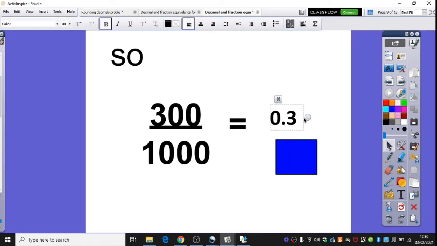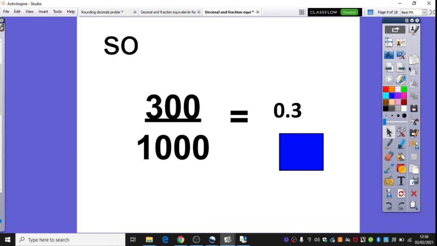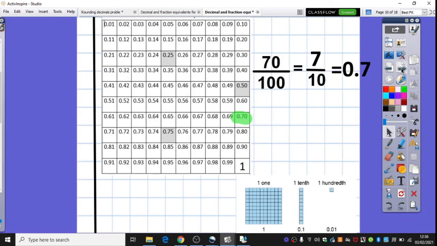We just haven't got our place value holders here. This is still equal. 300 thousandths is equal to 0.3. Having a look at another